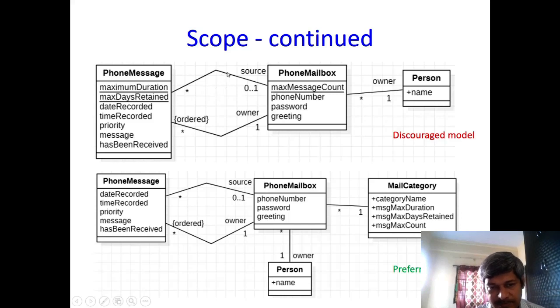Okay, for this example, once again we see a phone mailbox. It will have an owner, and it will have several phone messages. These phone messages are ordered. So we have seen all these features with respect to associations of classes. Now, this model is perfectly okay, there is no problem with it, but the